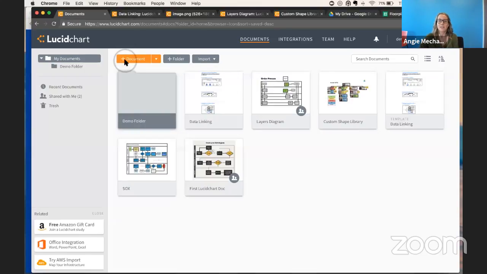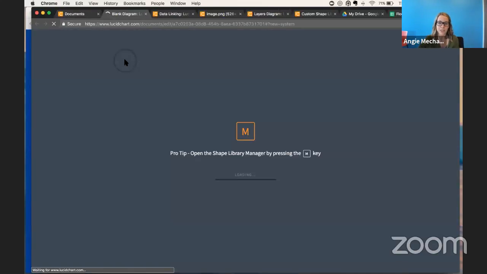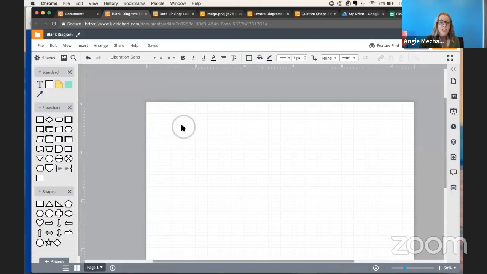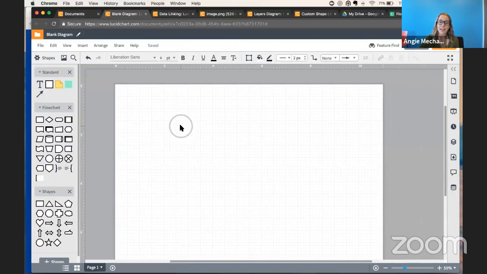So one thing that a lot of clients like to do is have a standardized look and feel for their diagrams. They want to control some of the information that's being presented. So we're going to show you how to do that now with master pages. I'm opening a new diagram. And let's imagine that this is maybe a document we're using internally. I really want some standardized branding and a couple of features to be included on every instance of the diagram